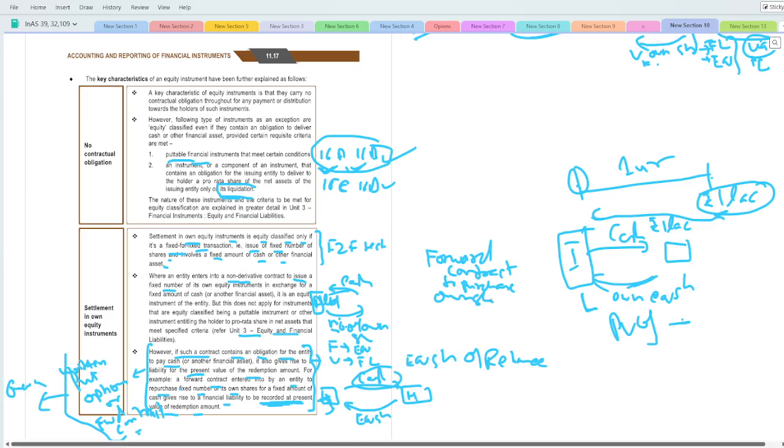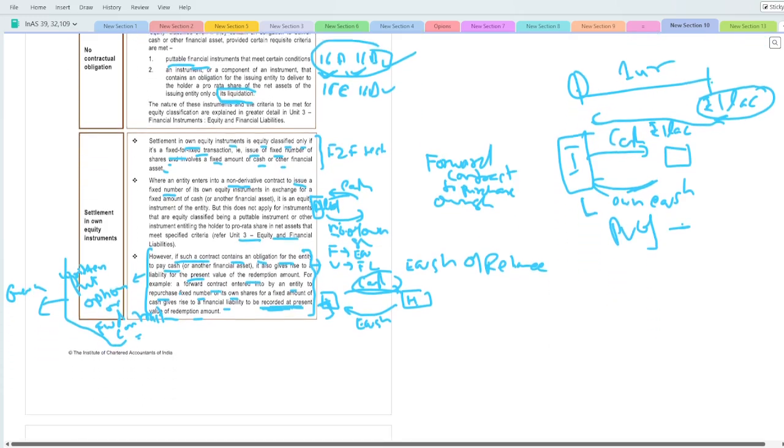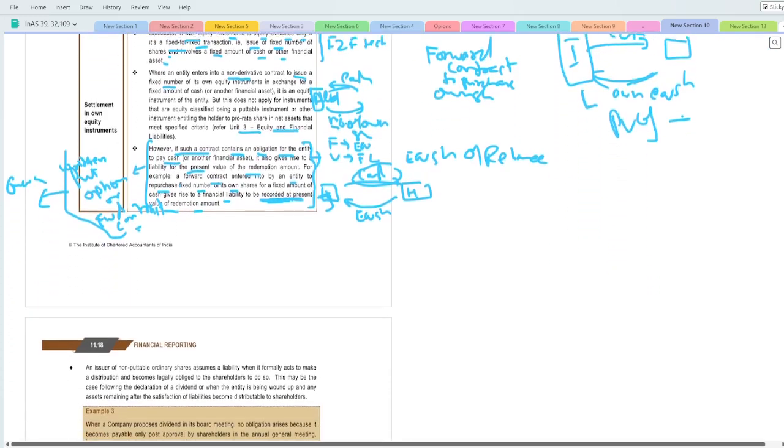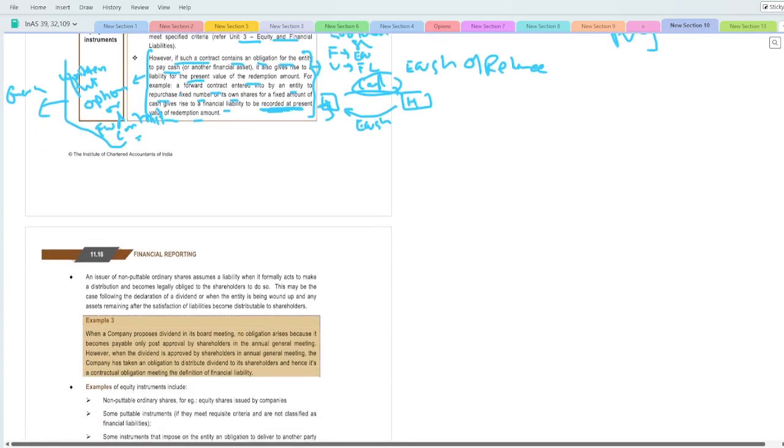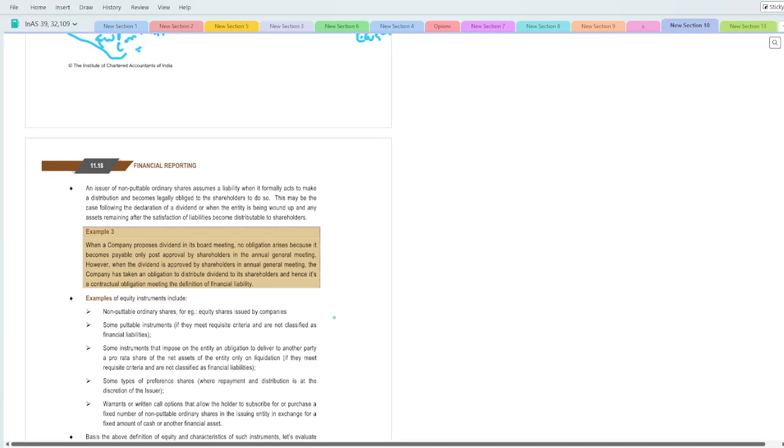So all these are the nitty gritties, ki these are the very small things, because the tutors sometimes they skip it. So an issuer of the non-putable, so non-putable means आपका कौन सा हो गया, आपका सिंपल ओन इक्विटी शेयर जो आपने इशू किए. दूसरा जिसमें ऑब्लिगेशन नहीं है, लाइक इरिडीमेबल प्रेफरेंस शेयर्स. सिमिलरली जहाँ पे फिक्स टू फिक्स टेस्ट पास हो रहे, तो वो सारे को नॉन पुटेबल बोलते हैं.